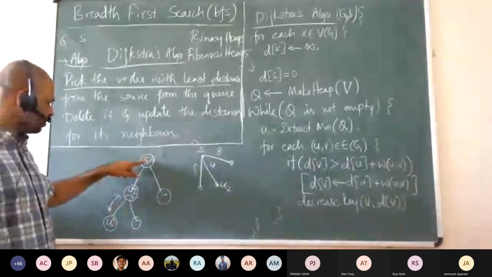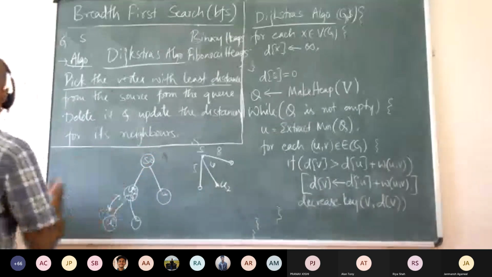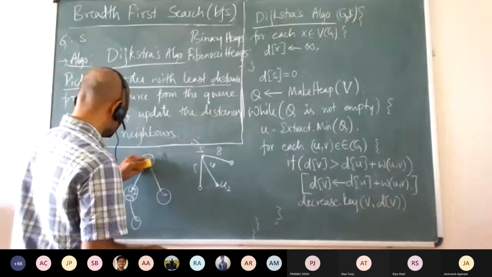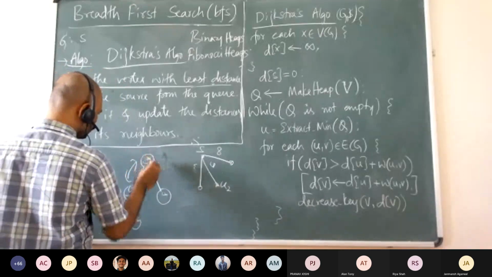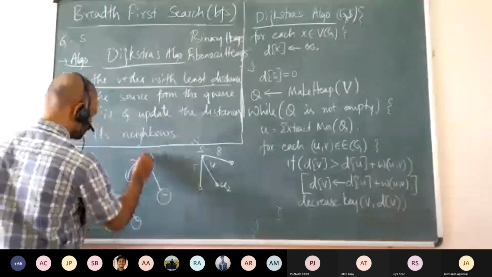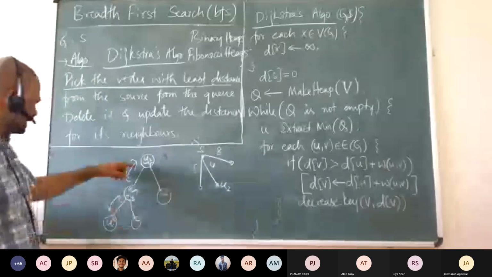And since s was removed, something else took the place of s, which would again be infinity because everything is infinity at this point. Then you exchange this also. You would go here. This also will become infinity, and u2 would go here and it would be equal to 4. So basically this is decrease key.